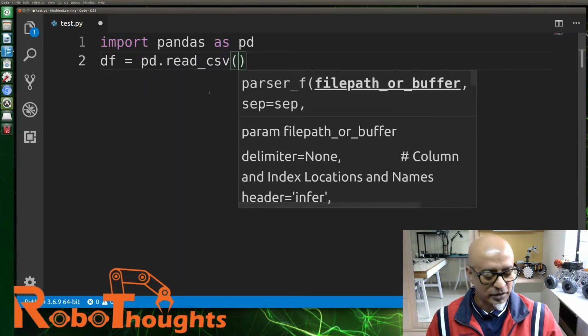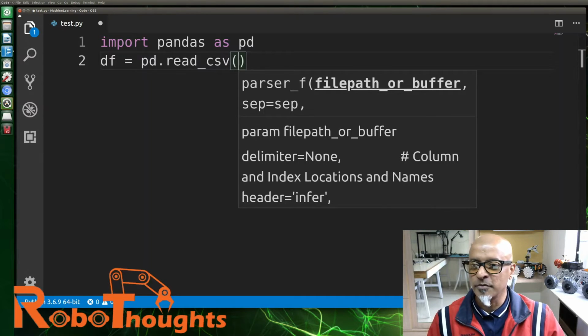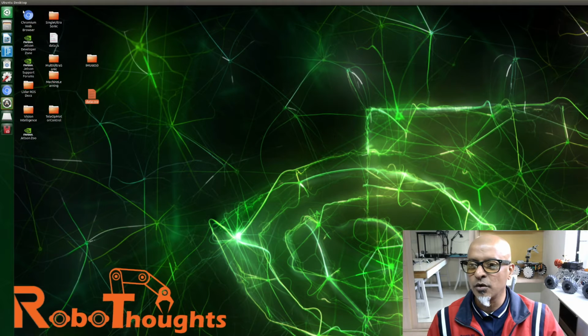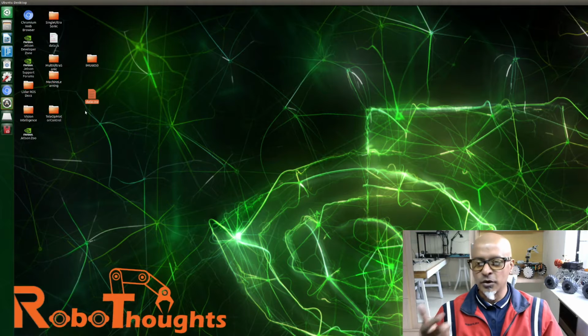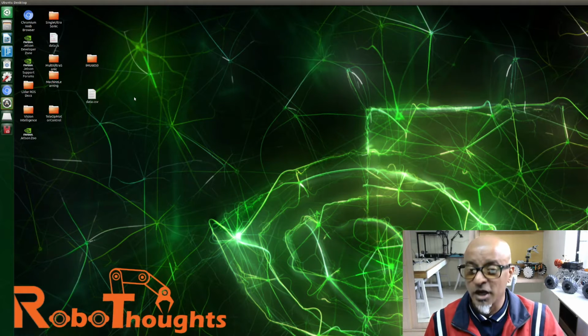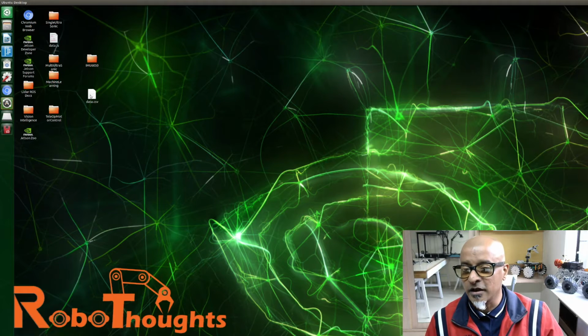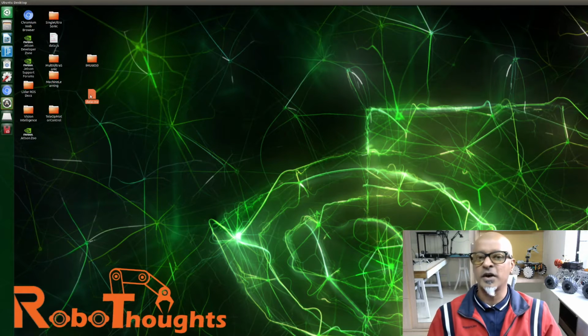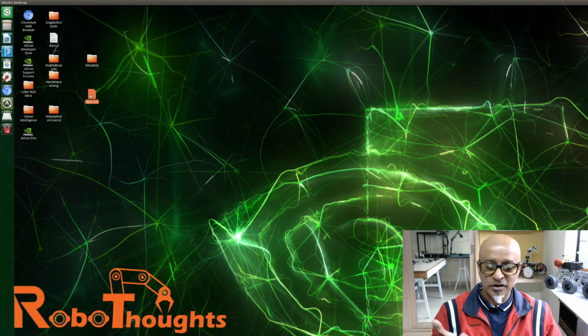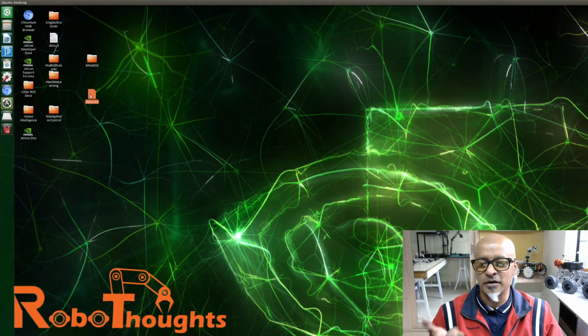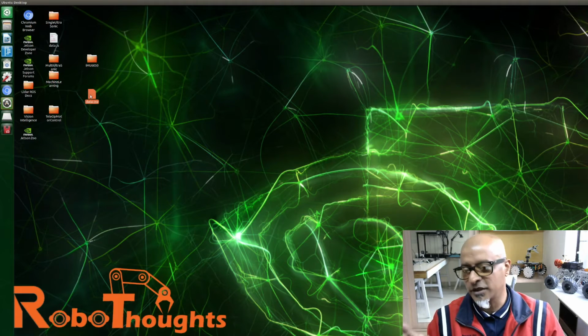first just minimize this window. Minimize the IDE and go to the folder wherever you saved your data, the CSV file. You may create a folder, or it might be in some subfolders inside, but wherever you store it, go to that particular path and then go to this particular file called data.csv, or your file name, whichever name you created. My file name is data.csv.